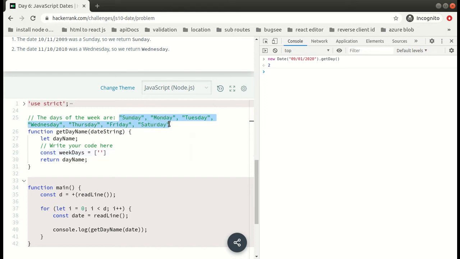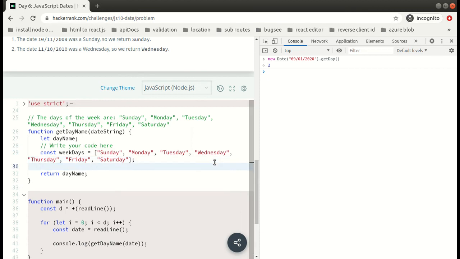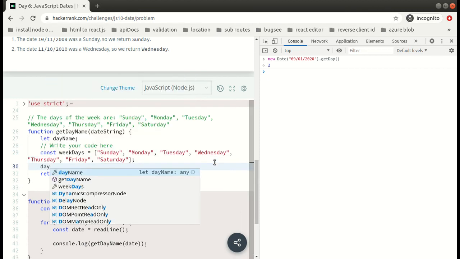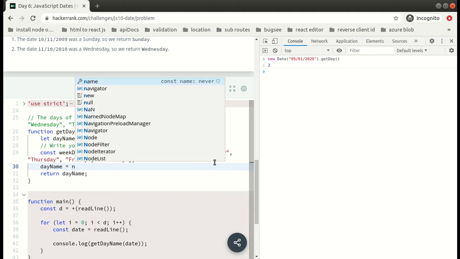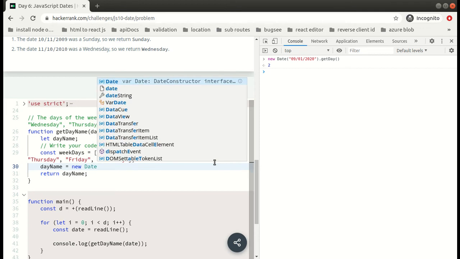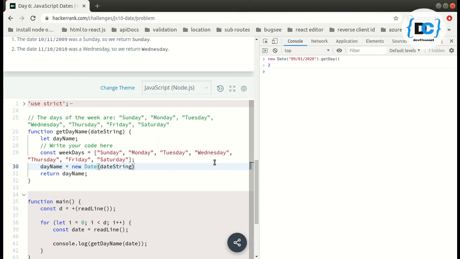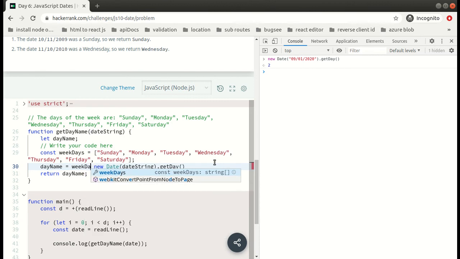Let's copy this, Control C, Control V. Now what we can do is dayName. So dayName equals what we did over here: new Date, and over here we need that date string that they are providing us, and we will do getDay. And now once we get the integer, we can easily find the element from our array based on that integer.